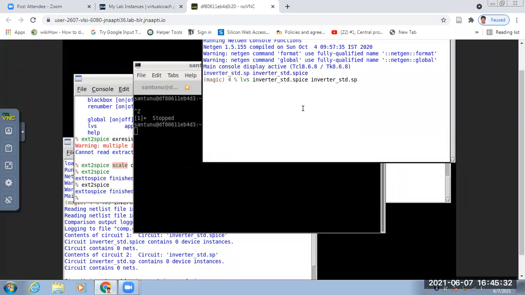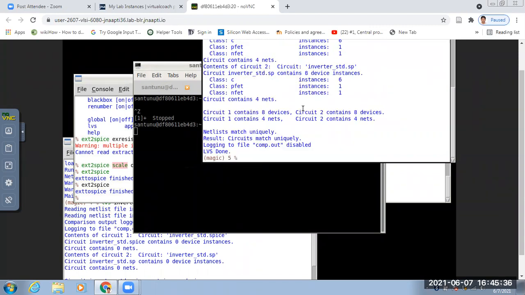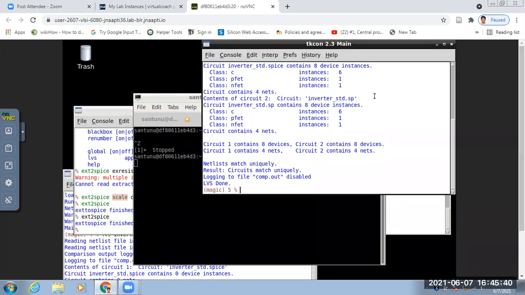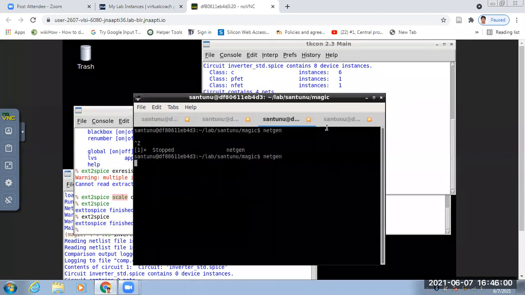Okay. So now you can see the comparison. Though both are the same, you can see total C is equal to 6, the number of components in both circuits. Okay, NFET1, PFET1, here also the same. So you can check comp.out also.